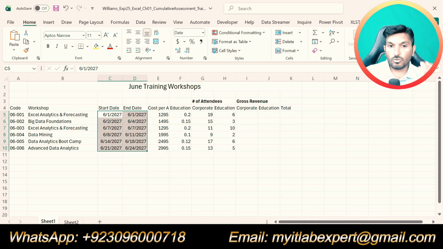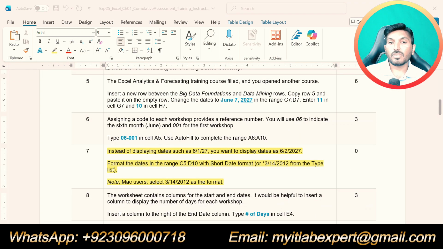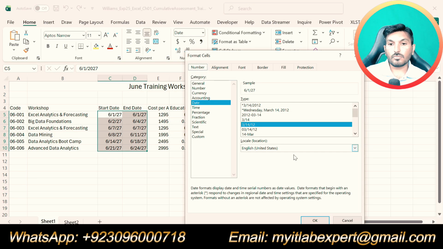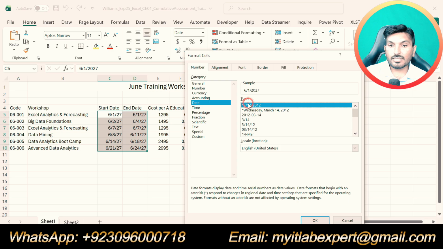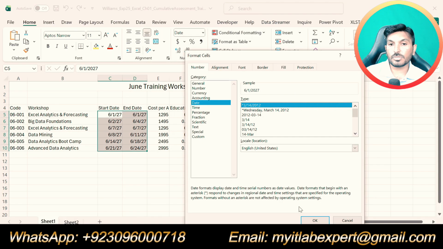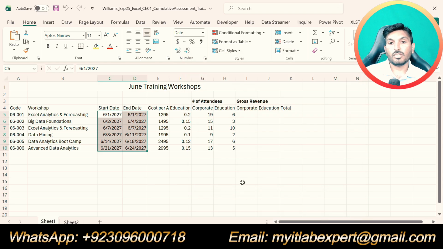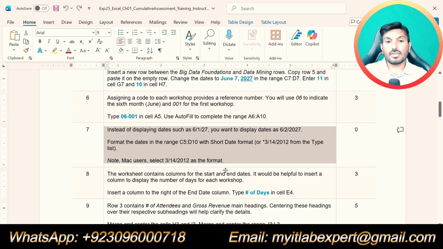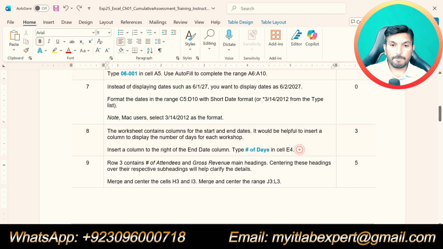Okay, you can do this one, or otherwise just click this arrow and from here you can select this one, 3/14/2012, as mentioned here. You can select this option and click OK. So that is all about step number 7. So we have completed step number 7 as well.